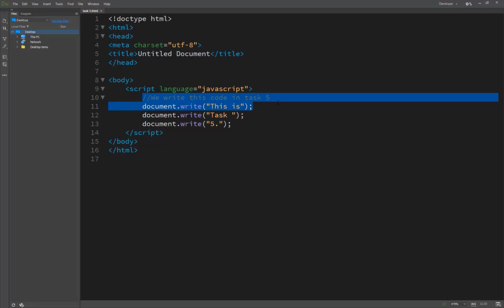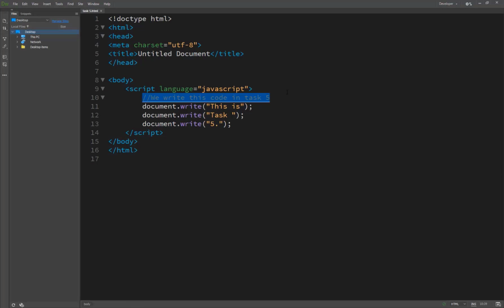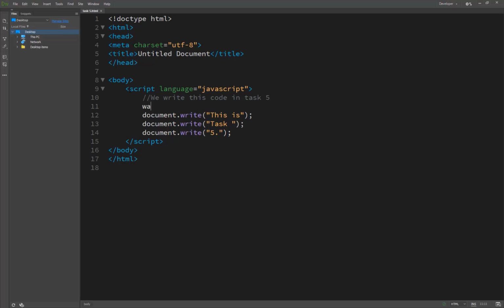So this is the comment, and it can't be shown on our page, but then later we type something here and save, and you see the code is not running. So the HTML page doesn't treat it as code.